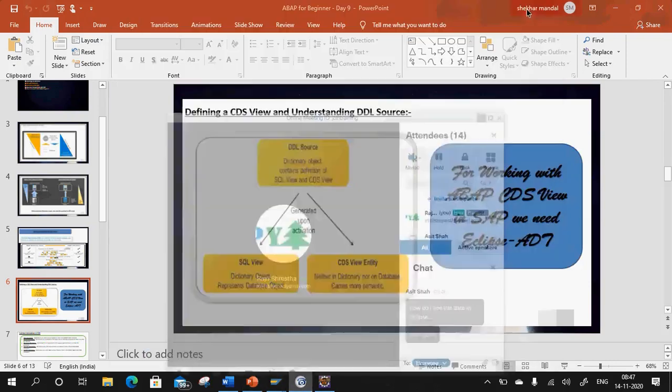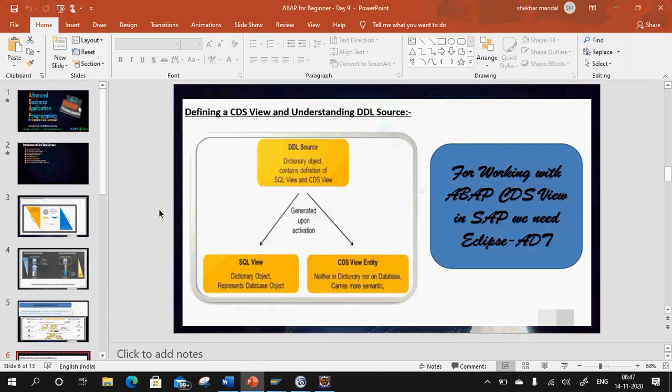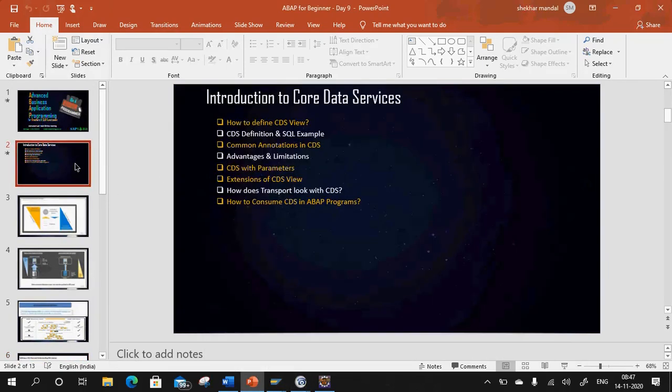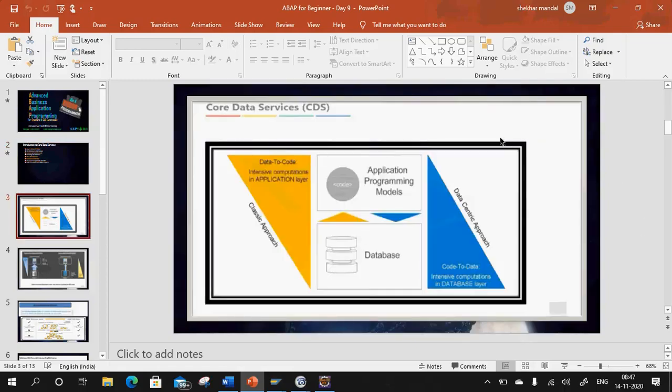So guys, since I did not record the initial part of it, I'll just repeat for just 5-10 minutes so as to understand what we understood today. So earlier we were having the classical approach of programming. We were focusing on the data to code, wherein we were getting all the load from the database, as in getting all the data on your application server, doing all the computations and calculations here. Now what we did from ABAP 7.4 onwards, certain different technologies and mechanisms came, wherein we can push all our code to data. That is, all your calculations, aggregations, everything will be done at the database itself, and then we will finally get the refined output model.